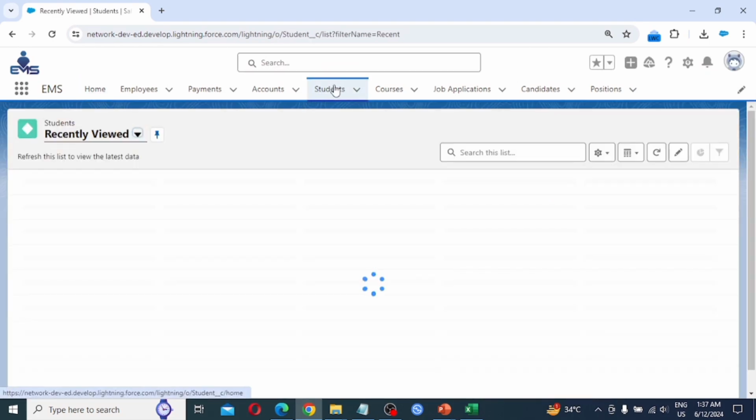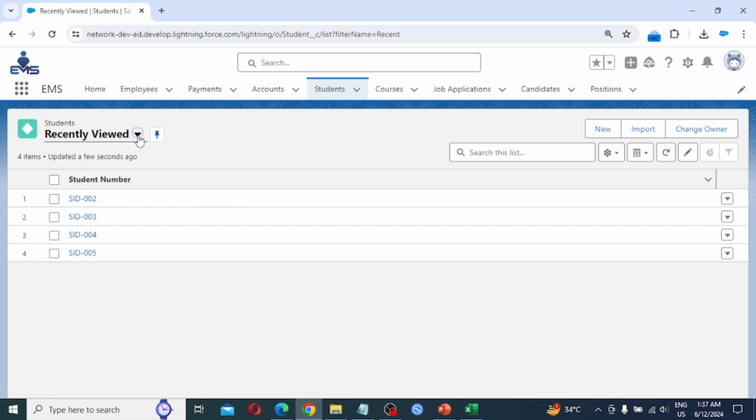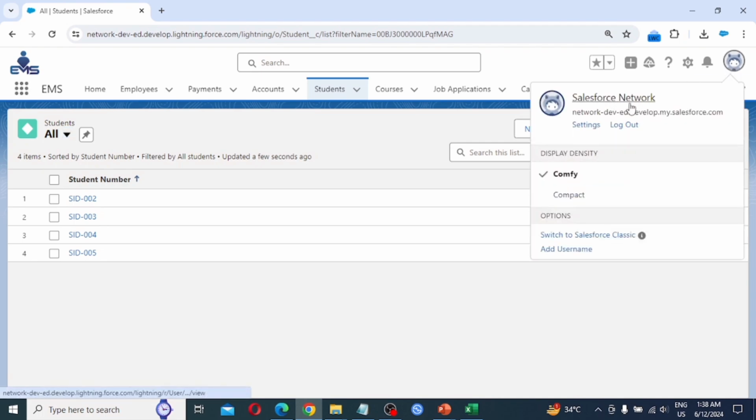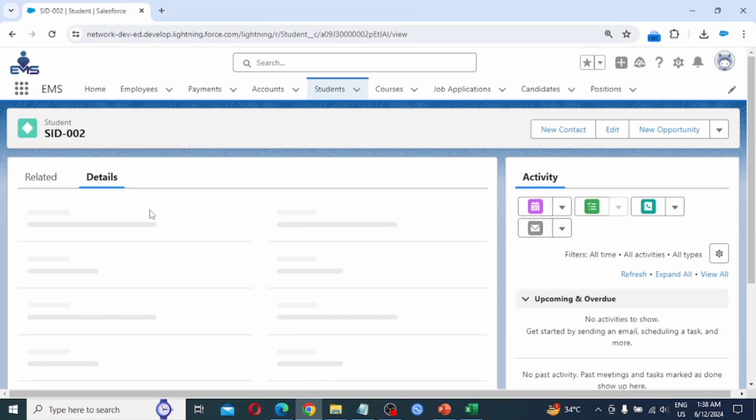So for the students object, there are these many records, 2, 3, 4 and 5. Again verify here. The all records number is 2, 3, 4, 5. 4 records are there. So let's see how many records are created by this account, means Salesforce account, Salesforce network account. So first 002,